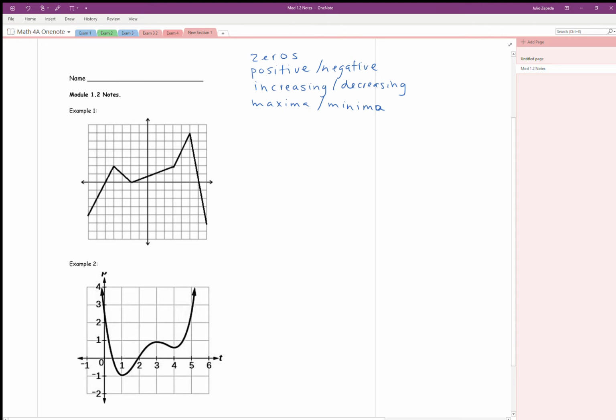Okay, so starting off with zeros, we've talked about those in class before. We're just looking at any of the points where your graph crosses the x-axis. So if I look at this first example, in example 1, I've got 1, 2, 3 zeros. Okay, and for the purposes of this video, I know this graph isn't labeled, but let's just assume